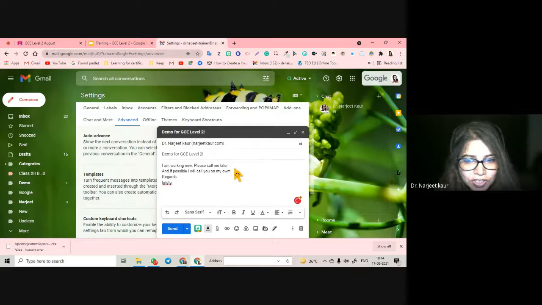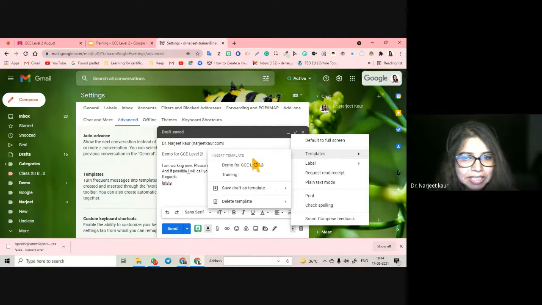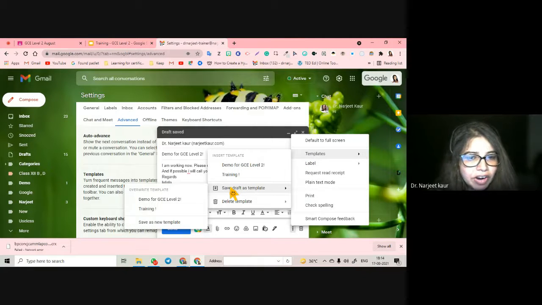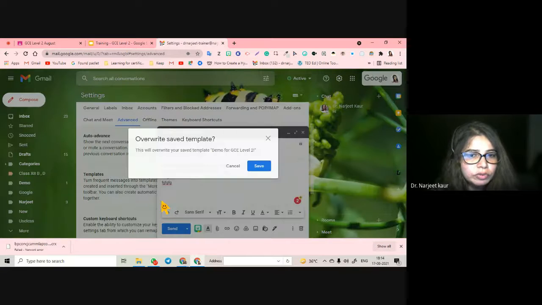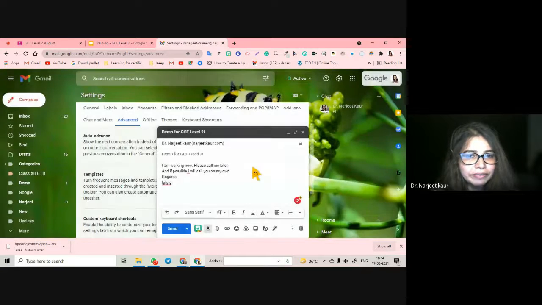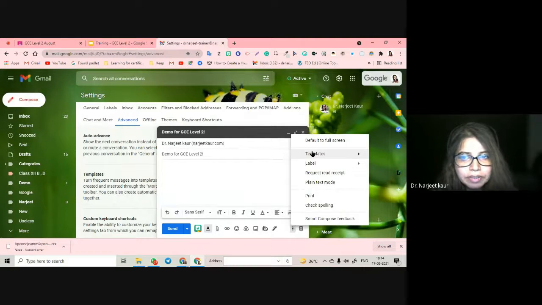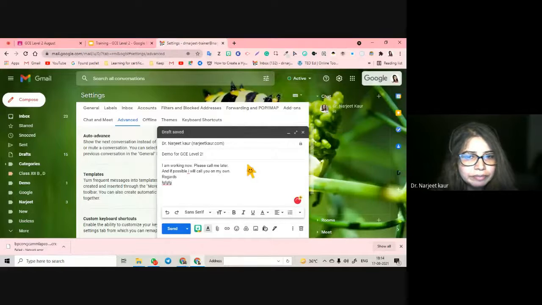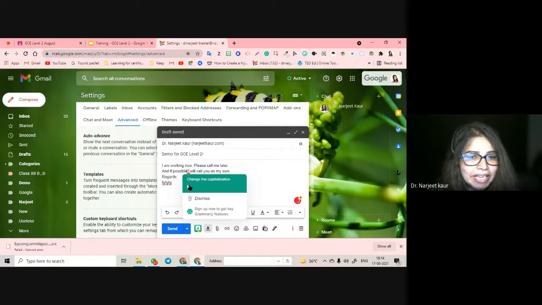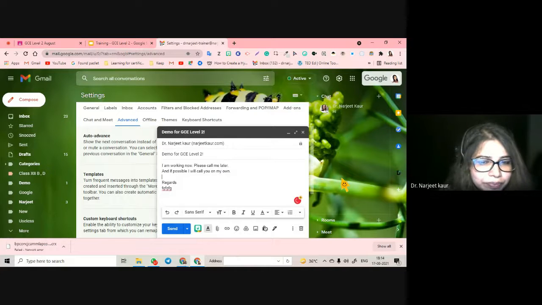I have made changes in this template. So what I can do is I go to more options, templates, save draft as template. Which one do I want to override? I want to override this one, demo, right? And save. And now if I want to attach a template, the new template has been added. It was overwritten and it is added.